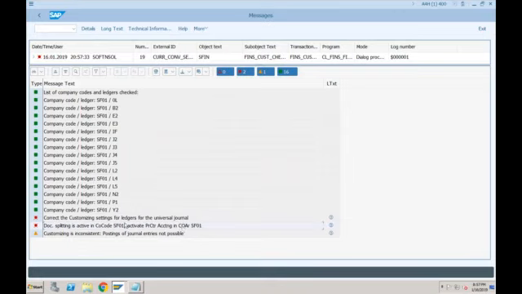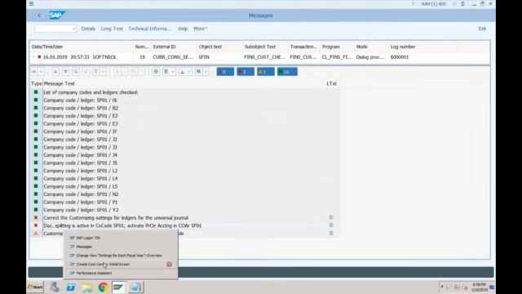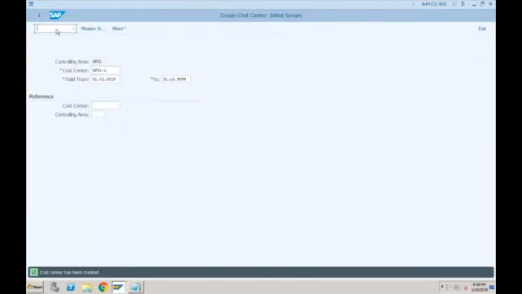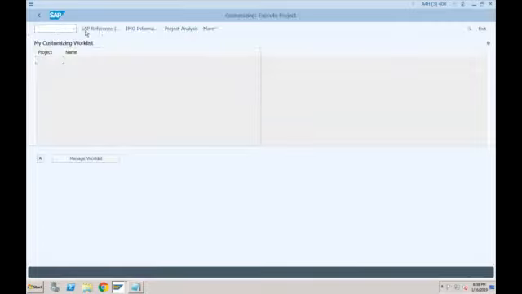So this is not a new error. Even in SAP ECC, if you activate document splitting and don't provide the profit center, you will get this error. Anyways, we need to activate the profit center. So let's go back. Let's go to transaction KE51. But before we maintain the profit center, we need to activate profit center accounting.